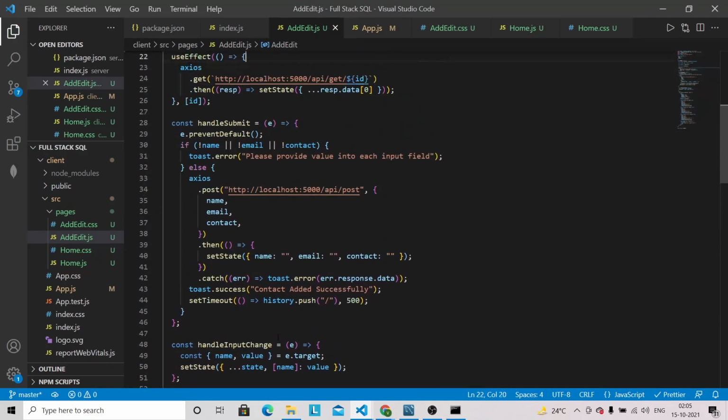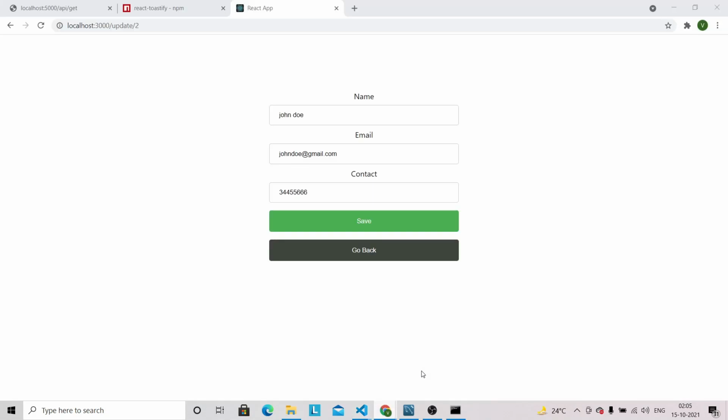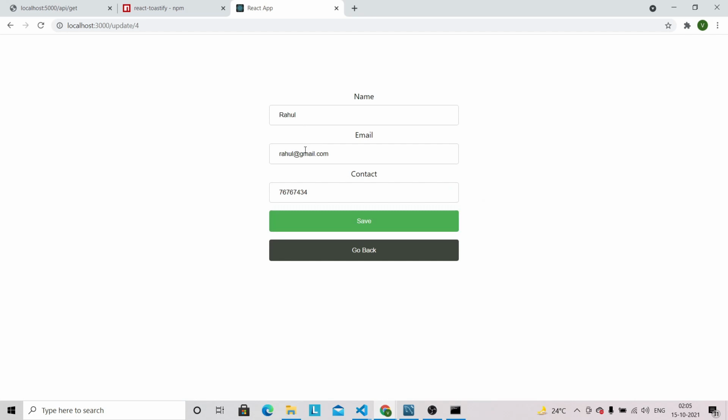So first we can check this one whether it's working or not. So let's go into the browser. So you can see that it is working now. So we have got this johndoe@gmail.com and contact for the ID 2, and let's navigate from here as well, and let's click on this Rahul, third one. So we have got this Rahul name and email rahul@gmail.com and the contact, and we have to also change the value of button, so it will be update in case of updating the existing contact. So let's do all this thing.